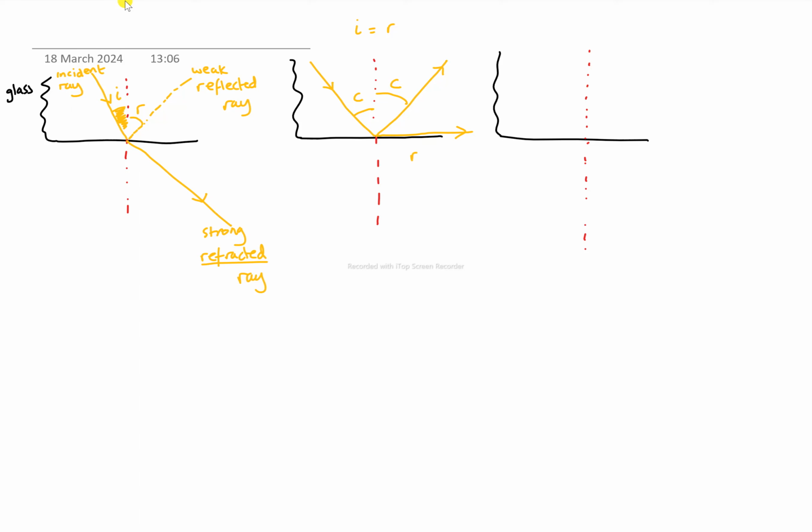It runs along, so the refracted ray runs along the boundary, because remember this is glass here, and this bit here is, just say, air. Right, now if I, where's that, there it is. Right, if I now go even further, if I make it an even bigger angle of incidence,